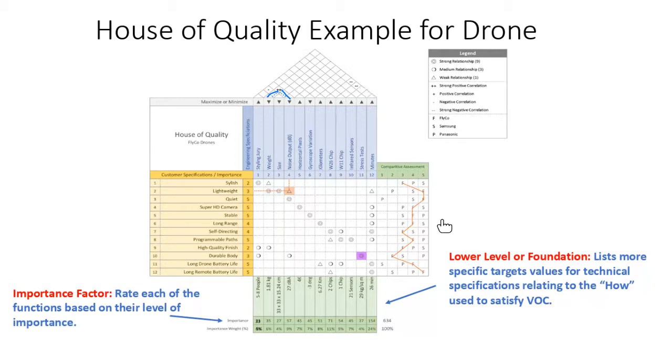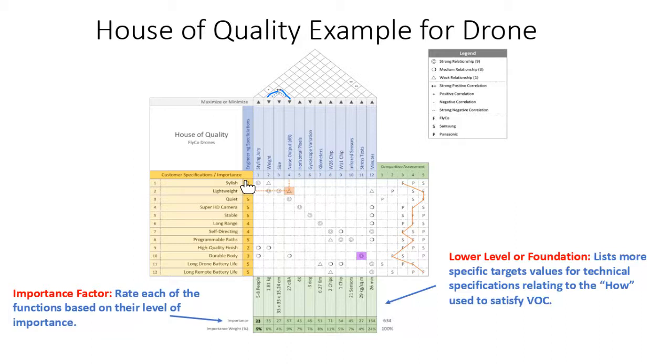Now let's go to the right side this time, the competitive assessment. This is very important, and it shows you where you are standing with the other competitors if you are trying to increase your market share. So the competitive assessment here used different scales. In this example, you see they are using different scales. Here for the roof, they used pluses and minuses. Here they use triangles and shapes. Here they use